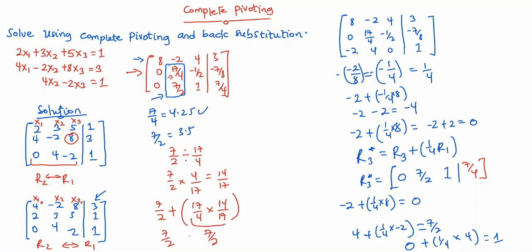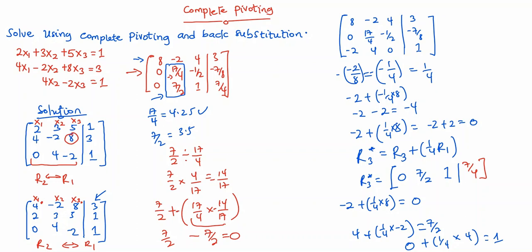You just have to negate this value here. Then you're going to have 7/2 minus 7/2, and that'll give us 0. So for us to be able to get a negative here, all you have to do is negate the multiplier, which is 14/17. When I negate this and multiply by the 17/14 here, you're going to get a negative, and then when you subtract it, you're going to get the 0 we need.